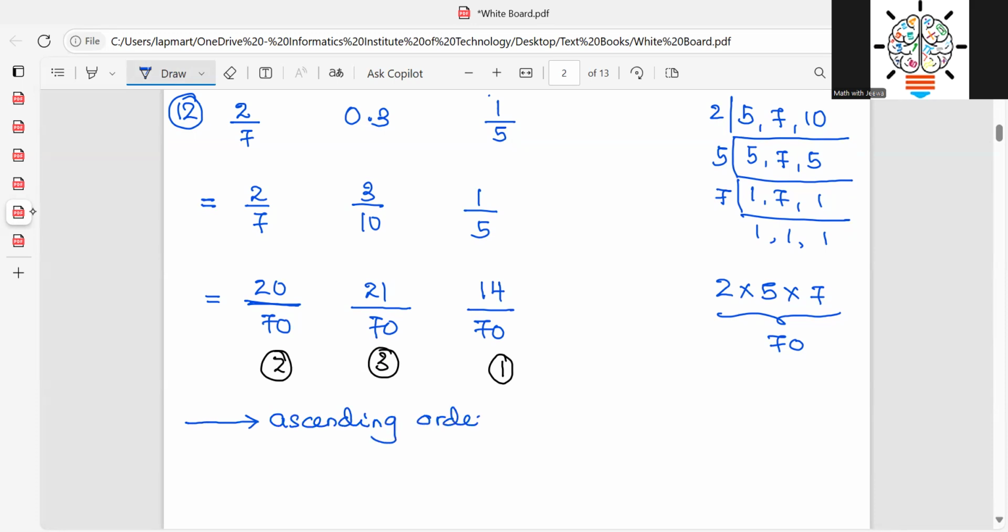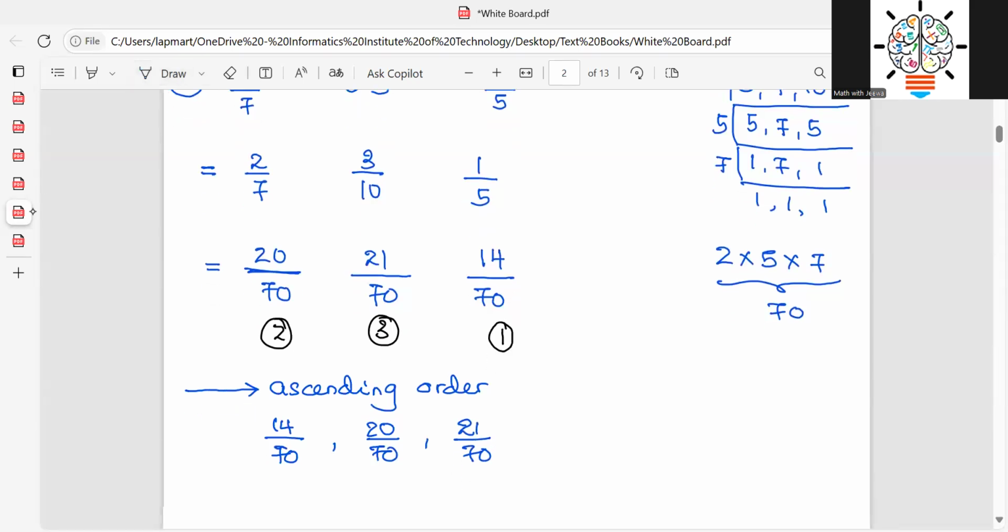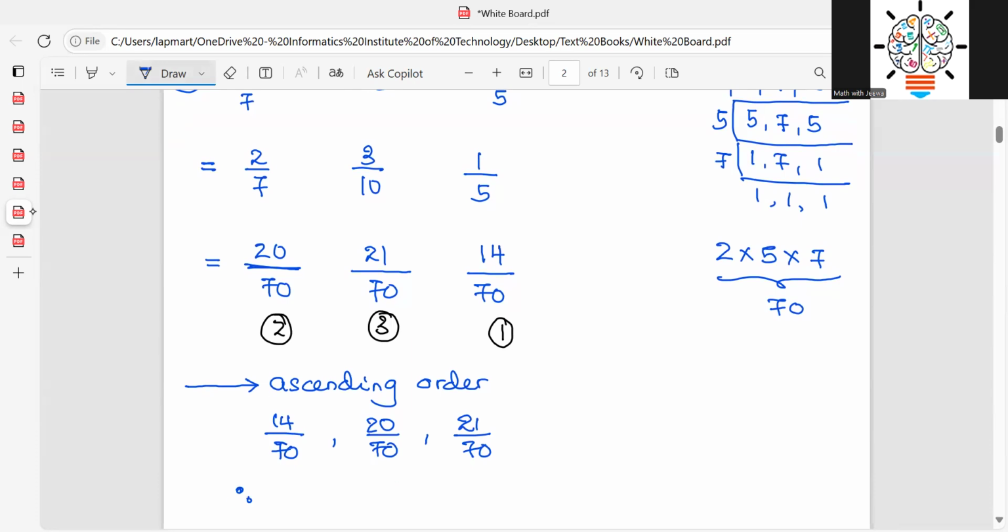What is the ascending order I have now? 14 out of 70, right? So then the 20 out of, 14 out of 70, what I was writing. 14 out of 70, right? 20 out of 70 and 21 out of 70, okay? So then you can conclude the answer. Therefore,